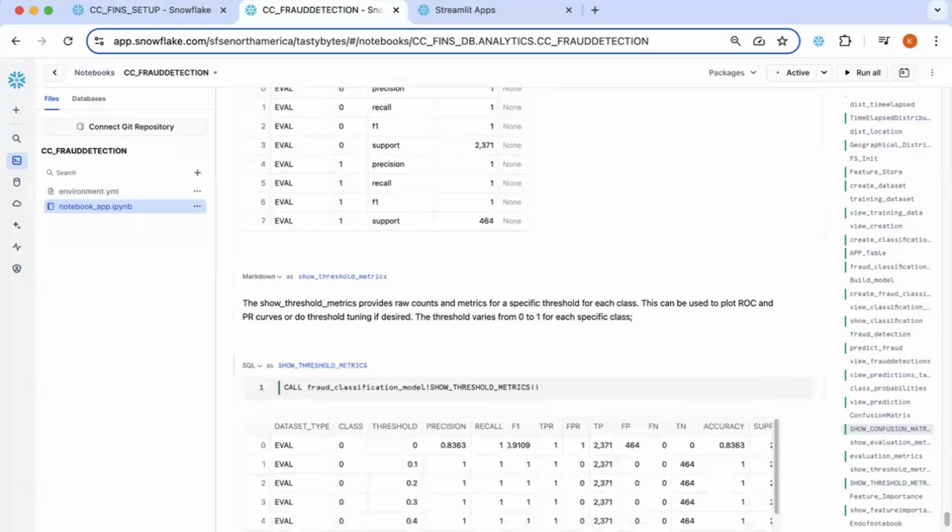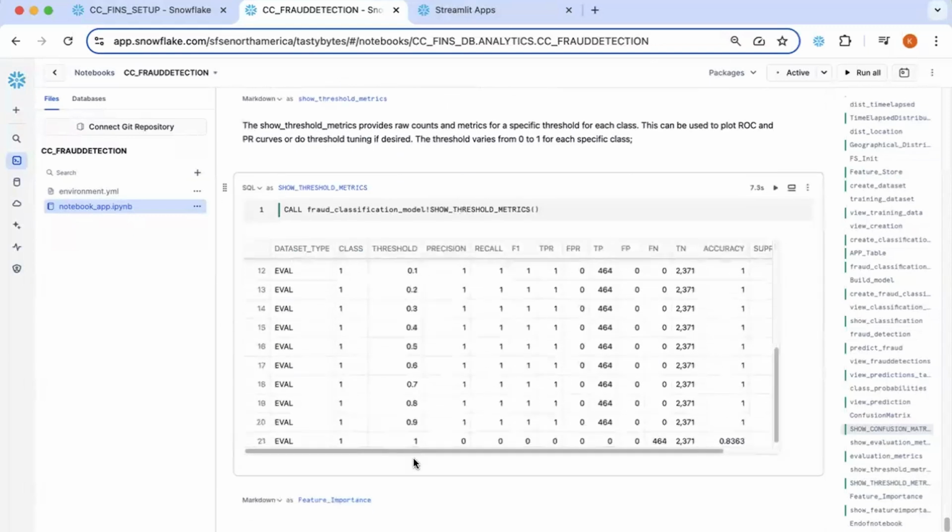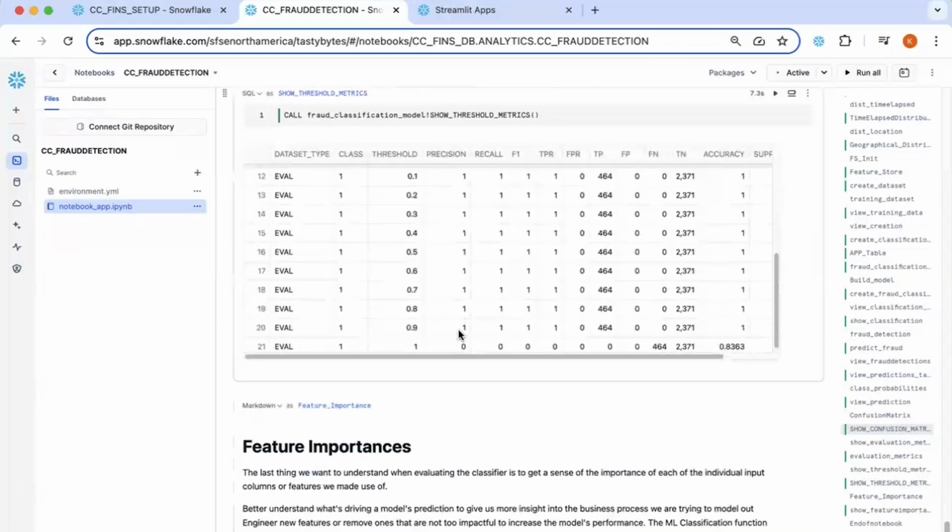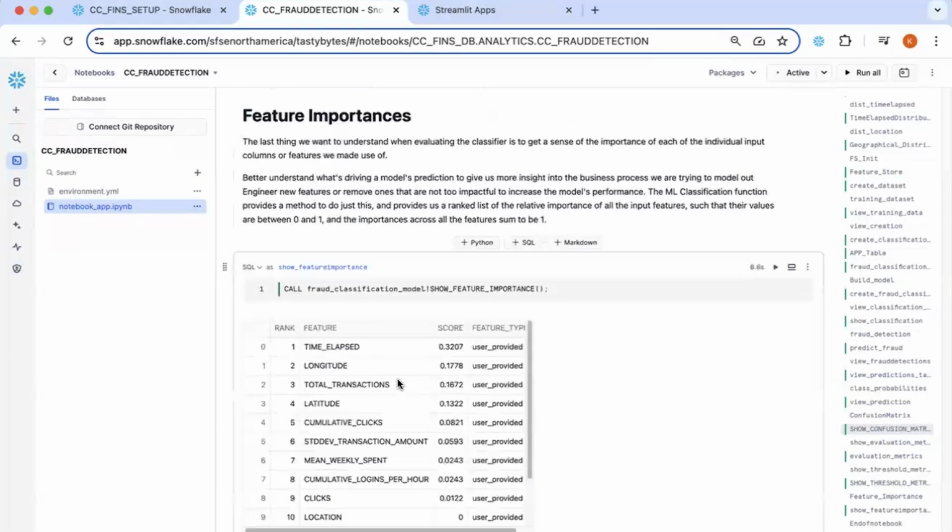Similarly, you can look at the threshold metrics, which provide the raw count and the metrics for a specific threshold for each class. And then finally, we can look at the feature importance. What it is, generally, is nothing but the approximate ranking of the features by the trained model. It counts the number of times each of the model's trees used each of these features to